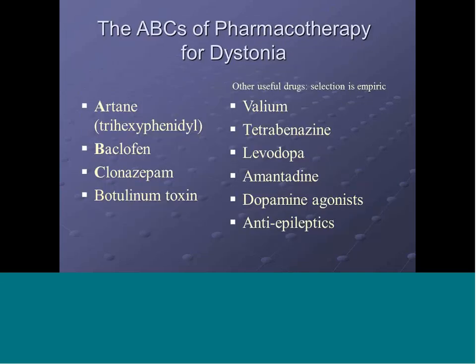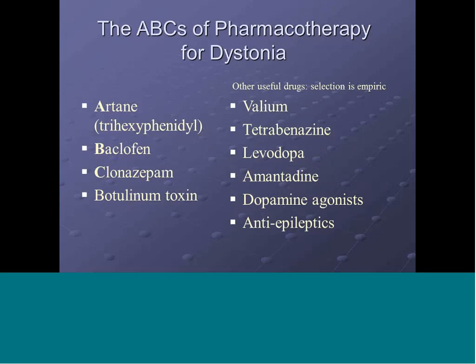As far as treatment of dystonia, the ABCs of dystonia include Artane or trihexyphenidyl. Most studied drug, benefit is mixed, baclofen, clonazepam, most effective agent being botulinum toxin. Other useful drugs include Valium, tetrabenazine,